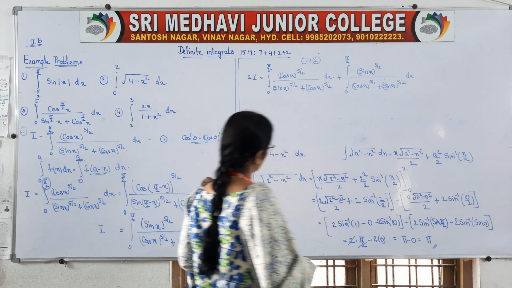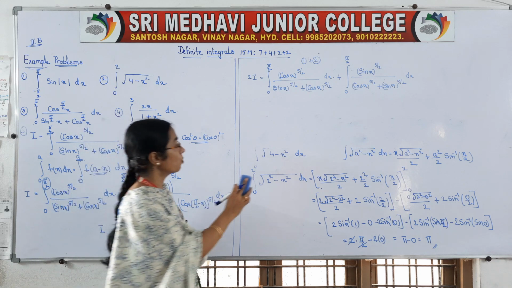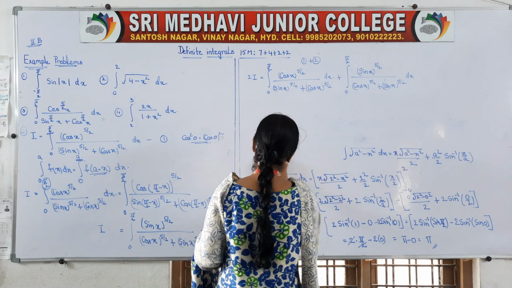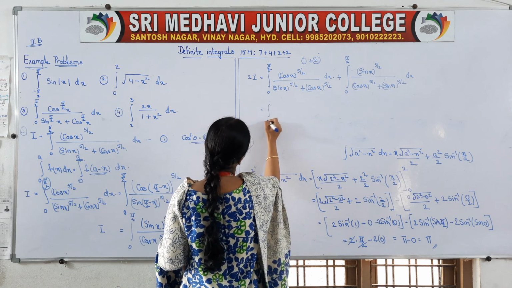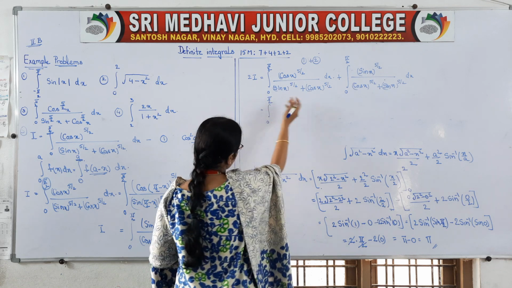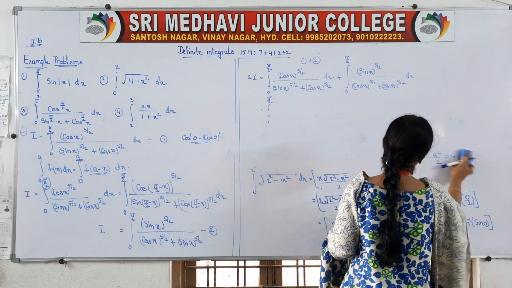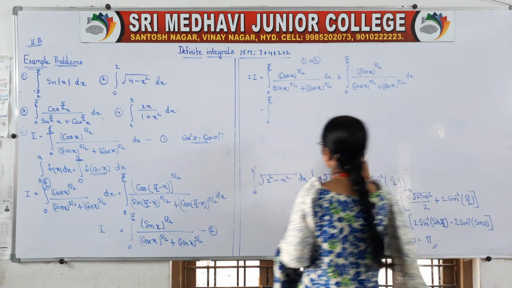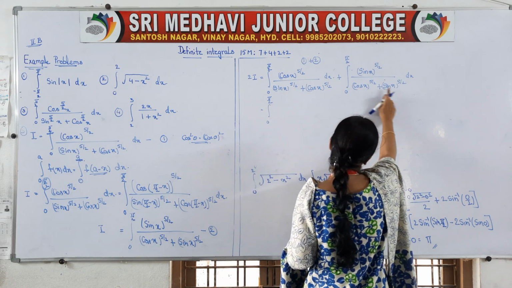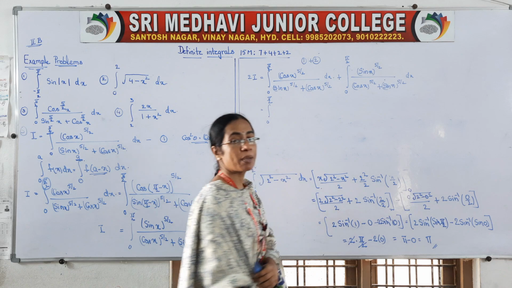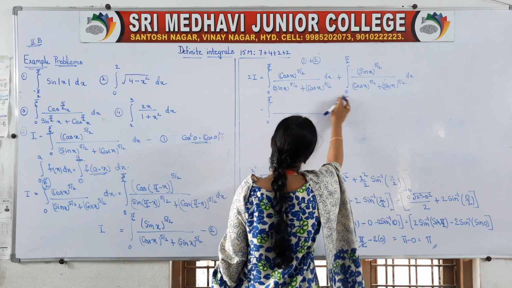So if you observe, both are having same limits. In an integral, if both are having same limits, we can write combinedly, isn't it? Right? 0 to pi by 2. And also if you observe, in the denominators, both are having same values. Sine to the power of 5 by 2, cos to the power of 5 by 2, cos to the power of 5 by 2, sine to the power of 5 by 2. So LCM is same. We are adding these two values.